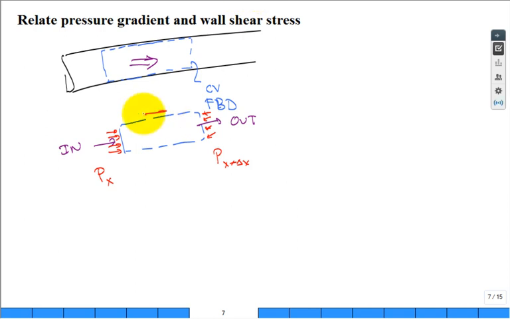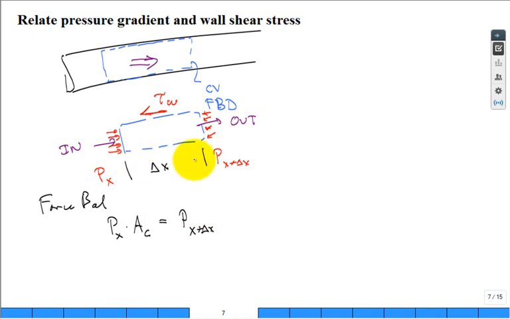Well, we're having this symbol like this, tau, at the wall. Isn't that a force per unit area, shear stress, acting on the wall? So what do we have? Two things in our force balance. We have the pressure at X times A sub C. What do you think A sub C is? Cross-sectional area, pi d squared over 4, or pi r squared if you like working in radius. That's pushing it in the positive X. In the negative X direction, you have pressure at X plus delta X. This little chunk is length delta X